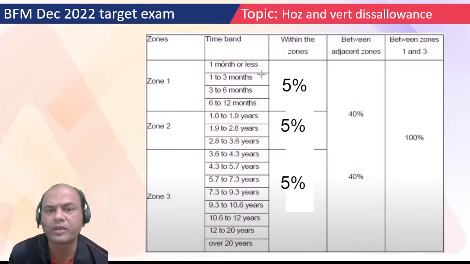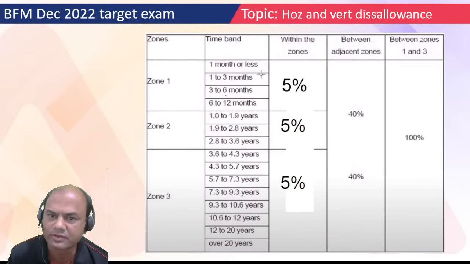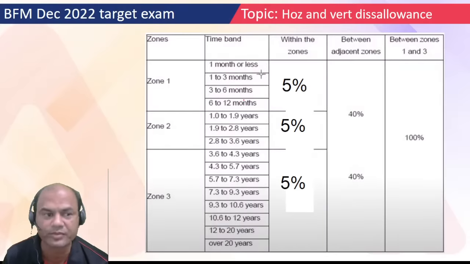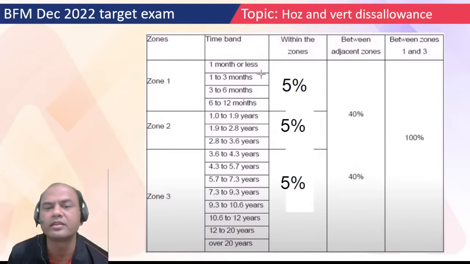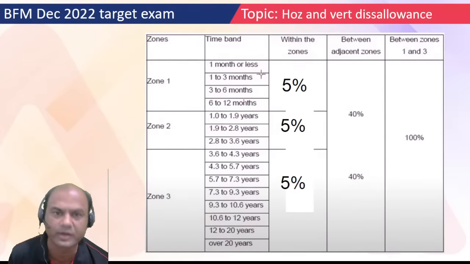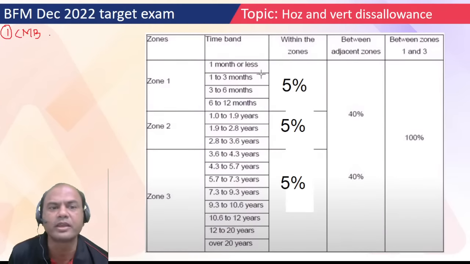If any bond is up to 12 months from the government of India, what are these bonds generally called? If any bond is less than 12 months, these are called what? Remember, there are 3 types of bonds from the government of India, mainly. Which are those? I'll write it one by one. One is CMB, cash management bills.